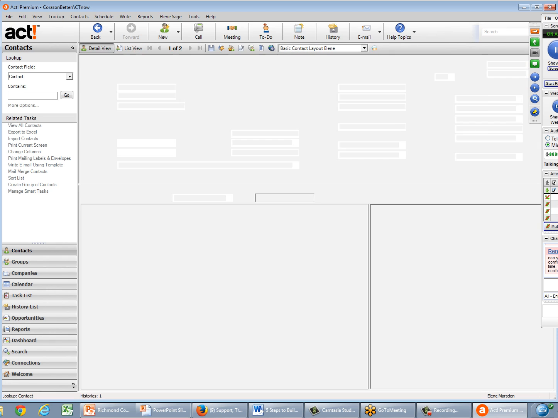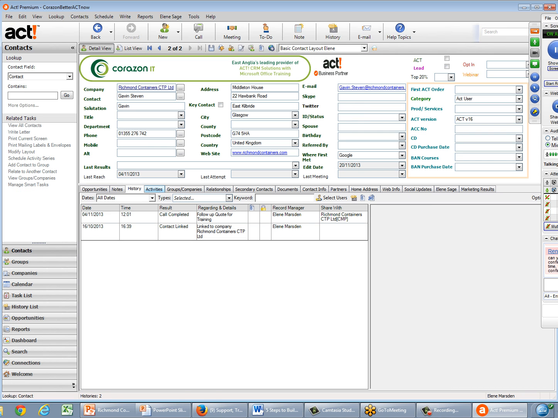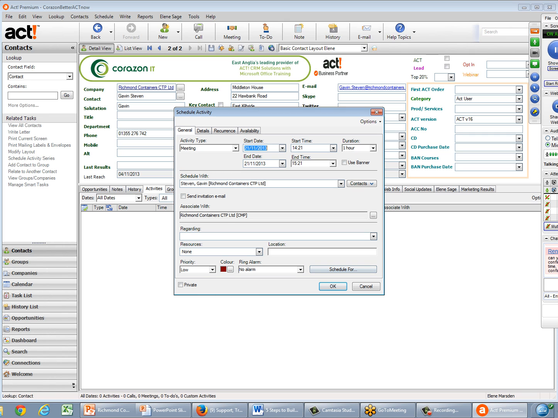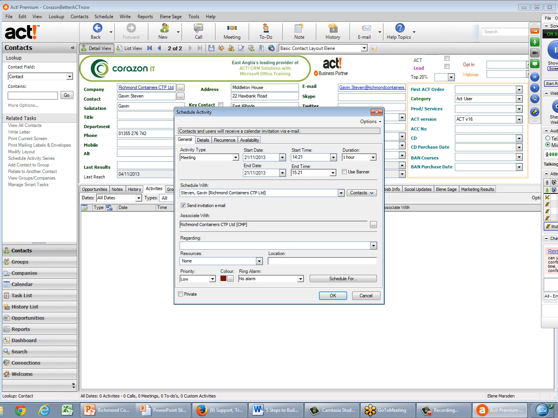If I wanted to confirm an appointment with Gavin and I go and schedule a meeting, I'm guessing you're talking about send email invitation. An email appointment. Yeah, okay. With different details. Not unless you do them individually.